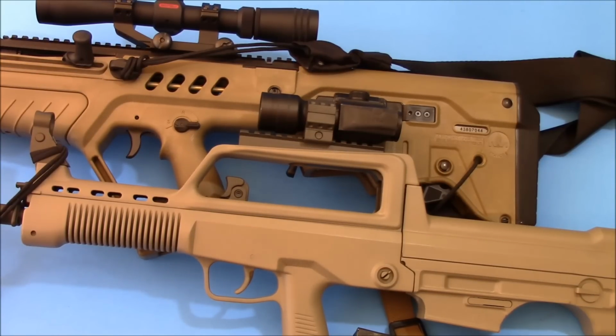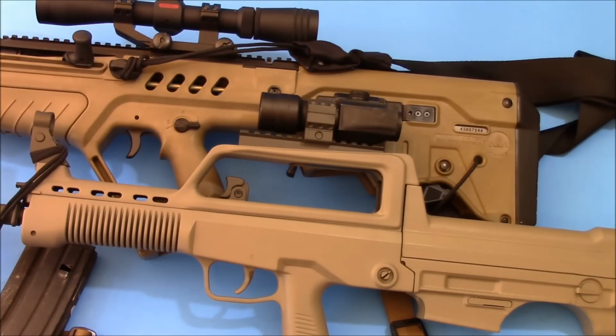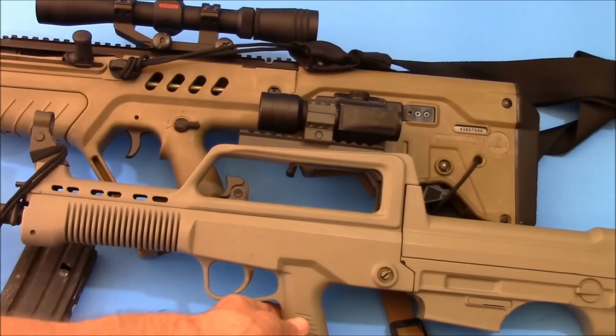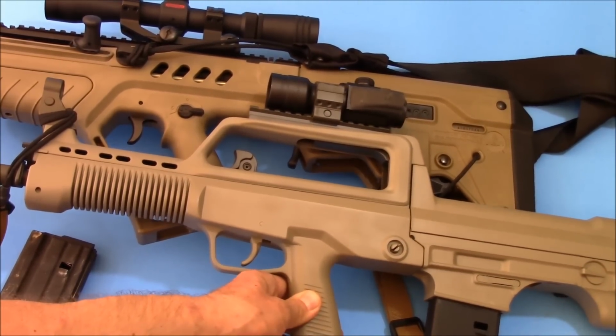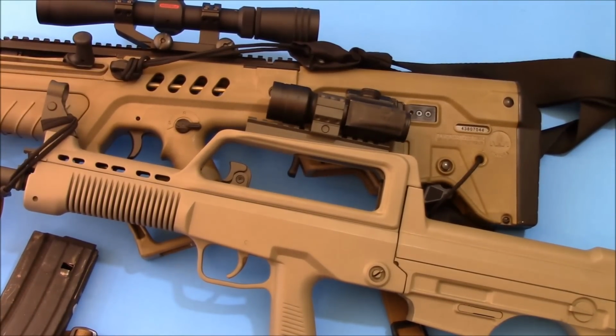The only problem with the T97 is that it's really mag sensitive. There are magazines that simply will not fit in the mag well. Now, I bought about 6 50 Beowulf magazines, and the first 2 I tried fit really well. So I ordered some more, and not a single one of the new batch of 50 Beowulf magazines will fit in that mag well. They simply will not go in. So I'm not sure what happened. 2 of the first 4 I got worked perfectly, and the next 6, not a single one will work. They work perfectly well in the Tavor,